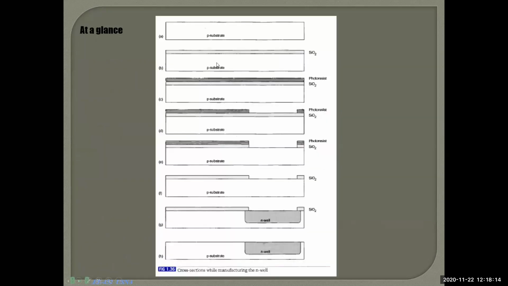See, like this. Let's see this. At first, this is your substrate. You give a silicon dioxide layer. On top of the silicon dioxide layer, you have to give a photoresist. On top of the photoresist, you have to give a mask layout and give UV ray. So what happened? This part is damaged. Then you give some hydrofluoric acid. This silicon dioxide part will be damaged as well.